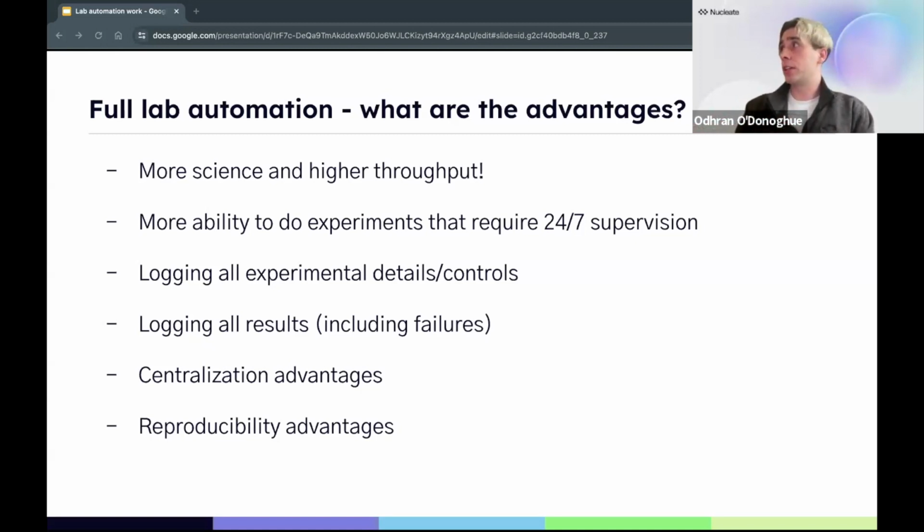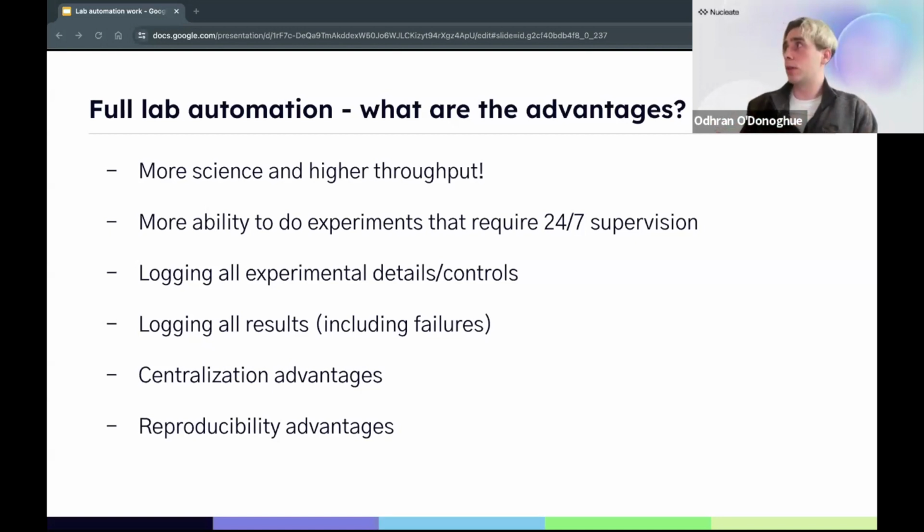On top of that, one thing that's really interesting about having experiments run by robots is that, in theory, we log everything. All those little things you forget in the protocol, like what the temperature is, what the atmospheric pressure is, what the humidity is, what time of day it was, these things ultimately can affect the actual experimental results. We do that on a computer, we do that with robots, we can log everything. Similarly, we have all those results logged, including the things that went wrong. This is really informative in theory for allowing us to iterate better and better at doing science.